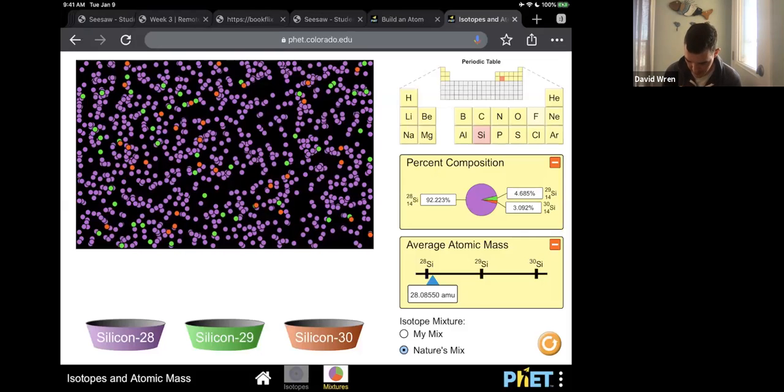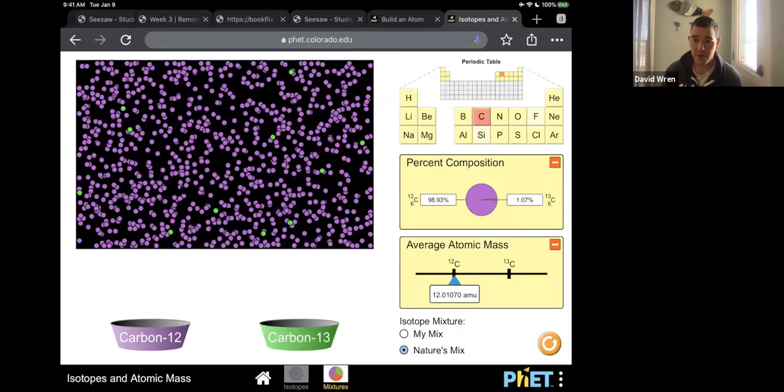Just to give an example, we're going to do carbon-14 dating in lecture tomorrow. You can see here that there's not even a carbon-14 listed: we have 98.93% carbon-12 and about 1% carbon-13. What percentage is left is not even enough to consider in the simulation, but we'll talk about carbon-14 tomorrow. It is enough that we can actually use it to date and measure. That's just showing that low abundance isotopes can still be important. So anyway, other questions with this lab?